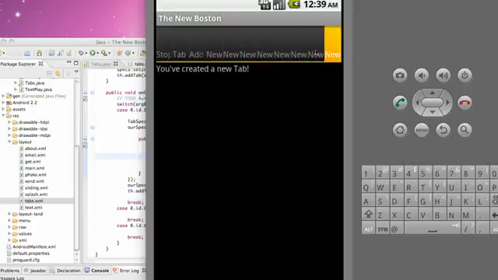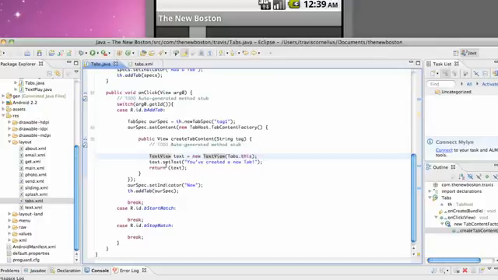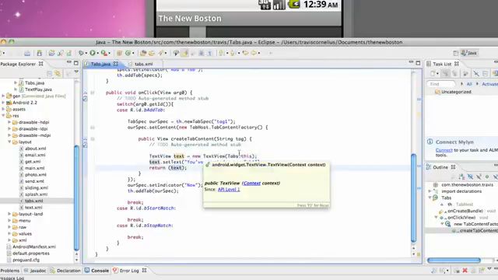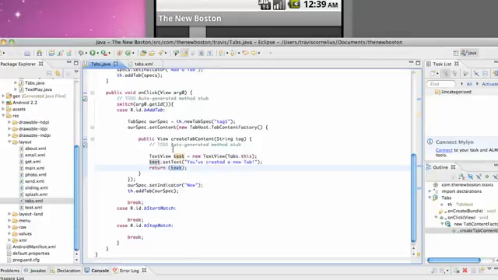So basically you can create new tabs within Java as well. And also we didn't have to just set up a text view. We could have done, again, a reference to a layout of some sort if we would have preferred. So hopefully you guys kind of understood that tutorial. I know it was kind of quick, and